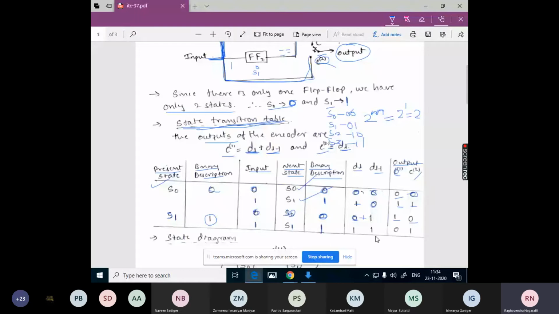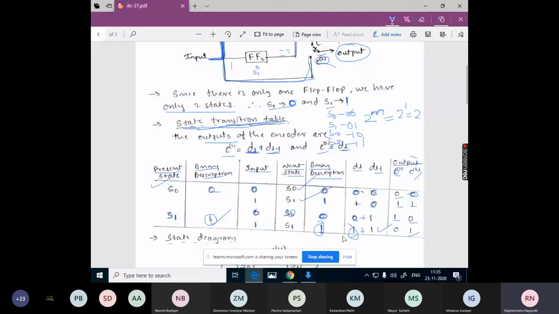So this becomes the DL and this becomes DL minus 1. So now DL and DL minus 1 both are 1. So what will be C1? It is 1 plus 1, it is 0. And C2 will directly follow the DL. So whatever DL is, C2 will remain the same. So DL is 1, so C2 is also 1. So this is our transition table.